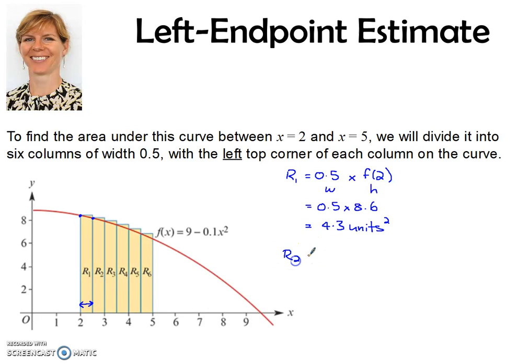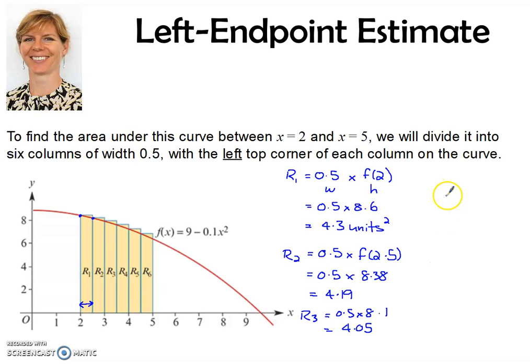Now we can do the same for R2. What you get is 0.5 times f, and now we're doing when x is 2.5, because we've now come across to here. What is the value of that function? If you work that out, that's 8.38, which will give you a total area of 4.19. Then you can carry on and you find that R3 is 0.5 times 8.1, which gives you 4.05, etc., etc. And if you add them all up, so you sum them all together, what you will get is a total area of